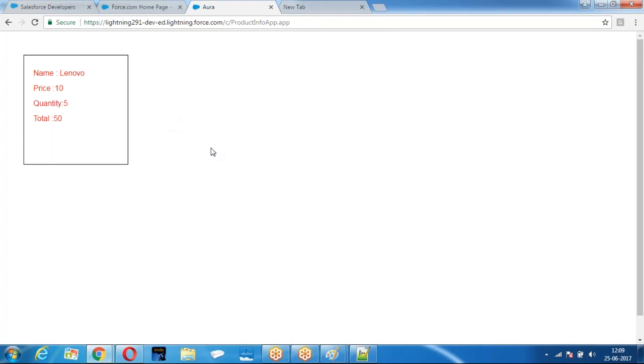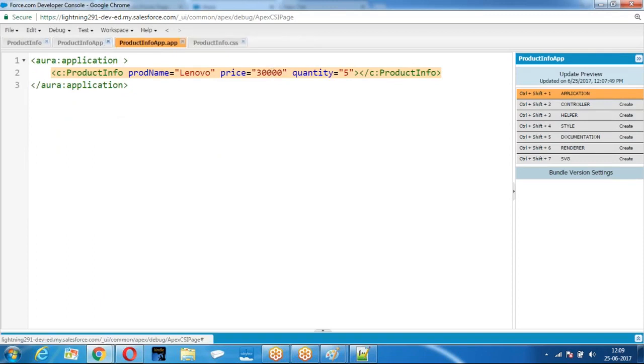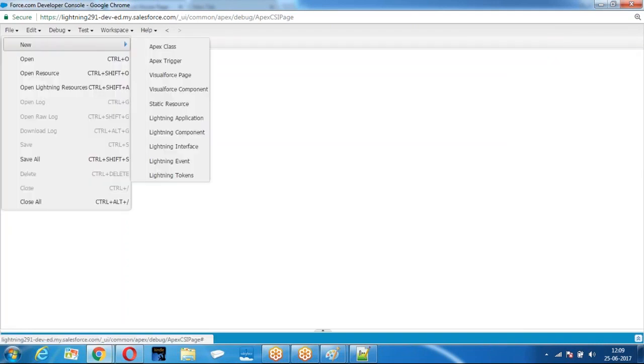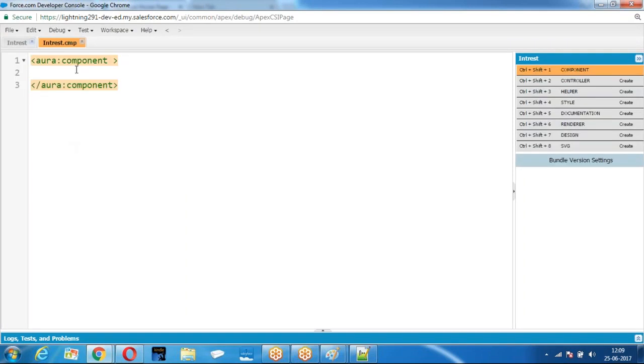Right. Now, let us take one more example of defining components with attributes. So we are defining a new component. I want to calculate interest. The component I want to take has attributes. If you want to calculate interest, what do we require? Name, amount. If you are able to follow these points,